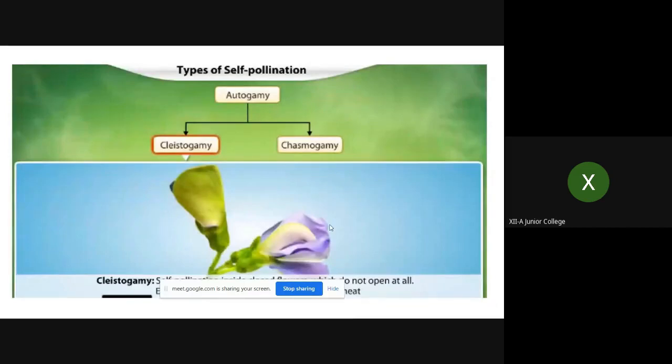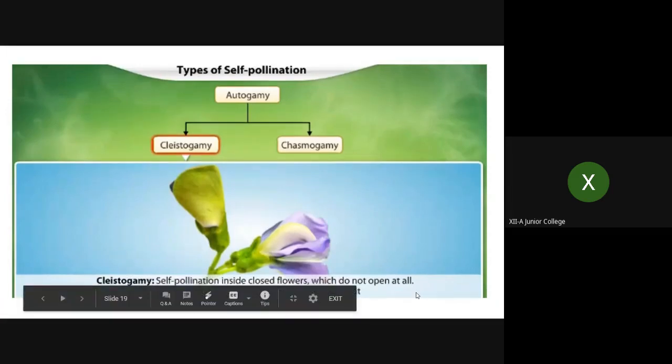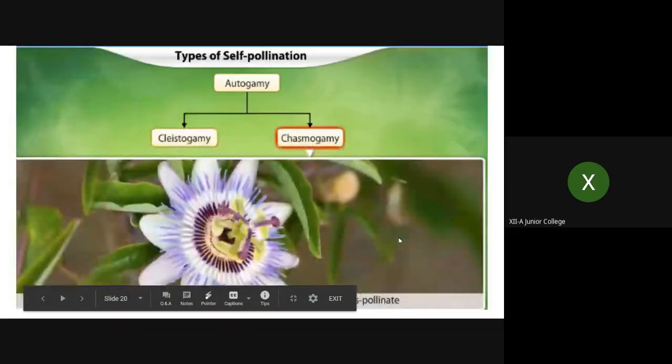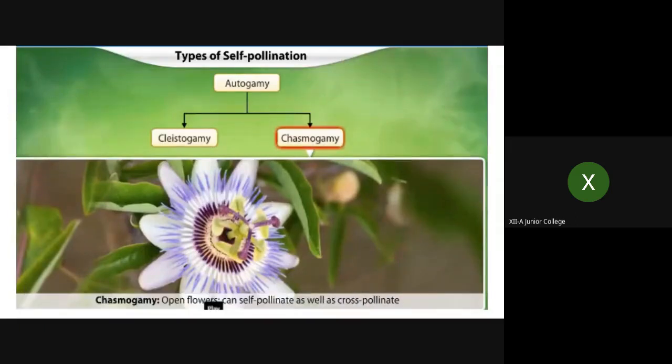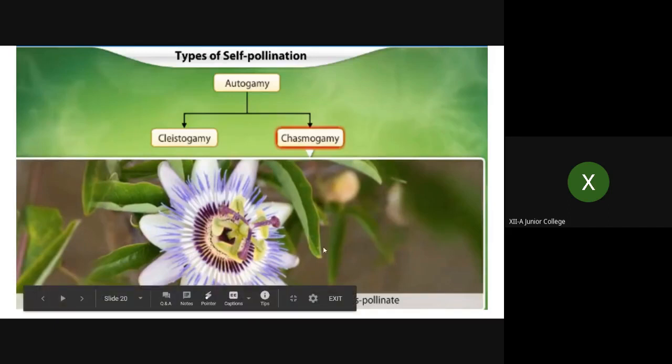These flowers are totally closed, they never open, and this is very commonly observed in wheat or such flowers. This is a very common phenomenon. Now this is again one more example of chasmogamy, where self-pollination takes place and then these flowers open, or only after maturity these sex organs are opened, so there are fewer chances of cross pollination and more chances of self pollination. But here also cross pollination may take place rarely in the case of chasmogamy.